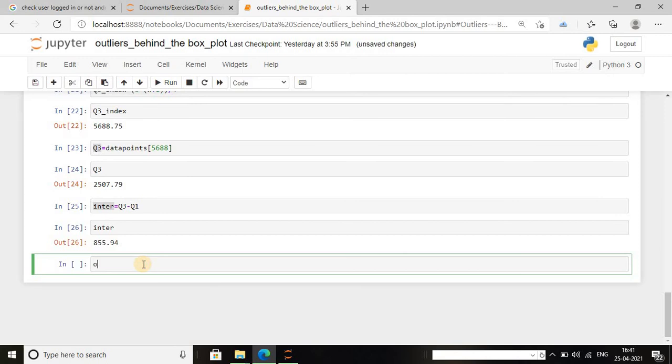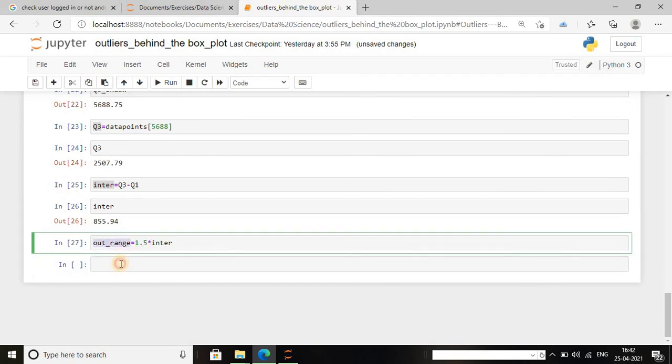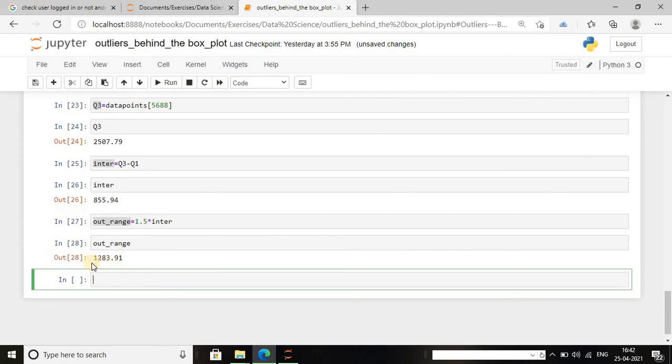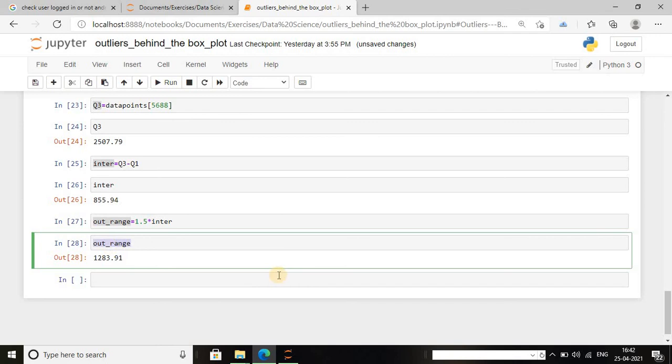The formula for the outlier range will be 1.5 times this interquartile value. If I print this, it will be 1283.91. So this is the outlier range.